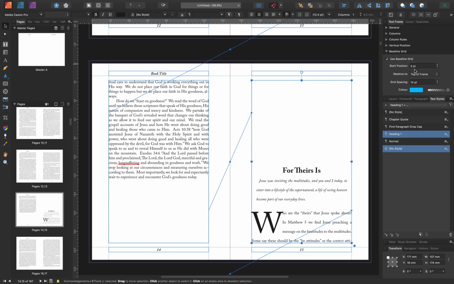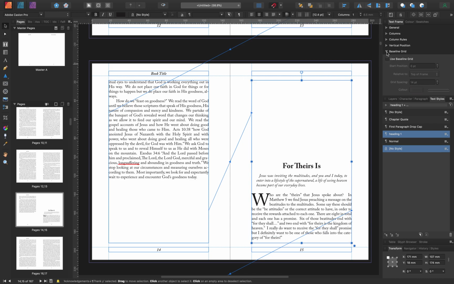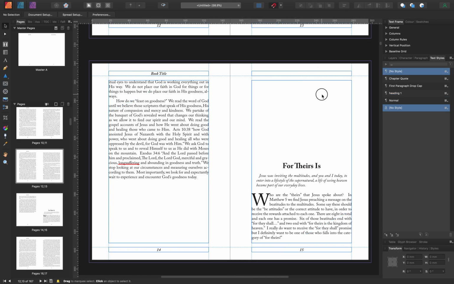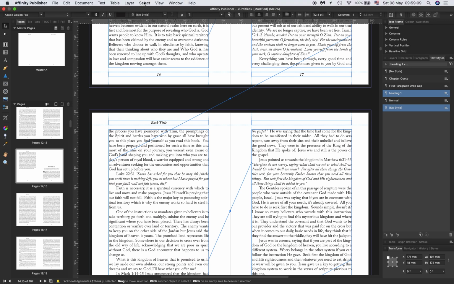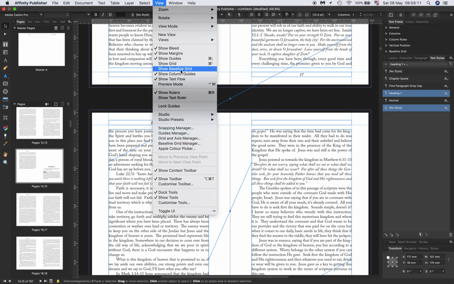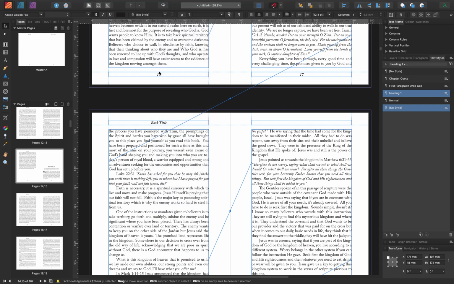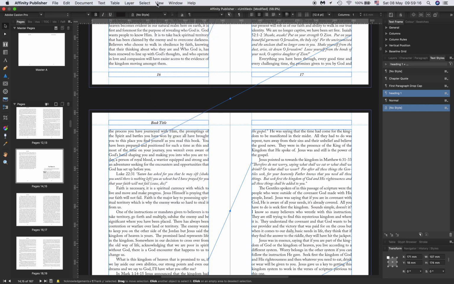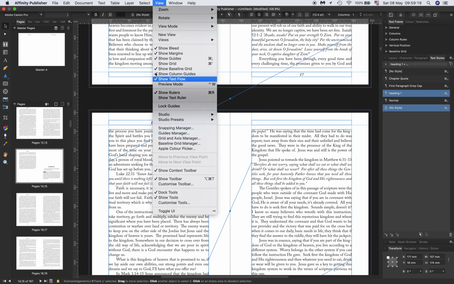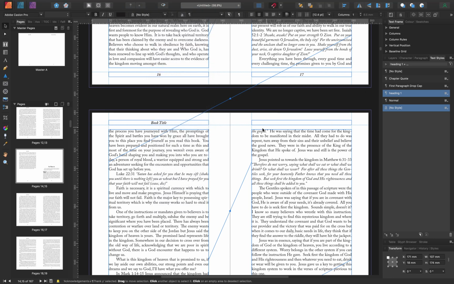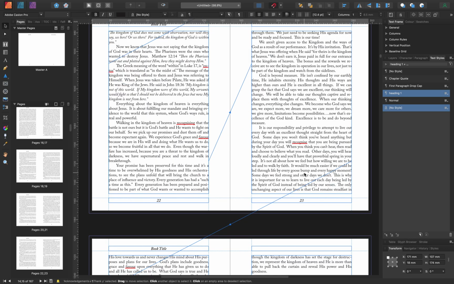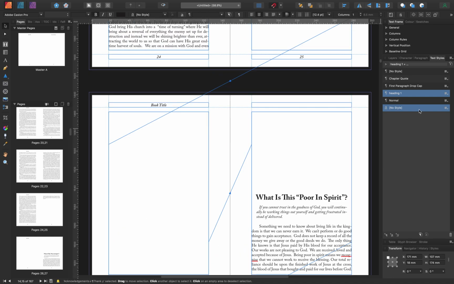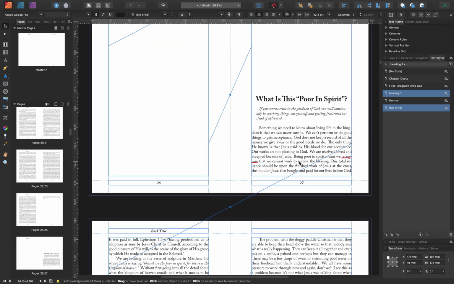Okay, we use a baseline grid. Yeah, it's supposed to show our baseline grid, but anyway, it's not showing it. All right, that's fine. For some reason, it's not showing the baseline grid. Show baseline grid. Come on. It's not showing any baseline grid. That doesn't matter. Anyway, but believe me, it's lined up nicely because we've set our baseline grid for all the normal text